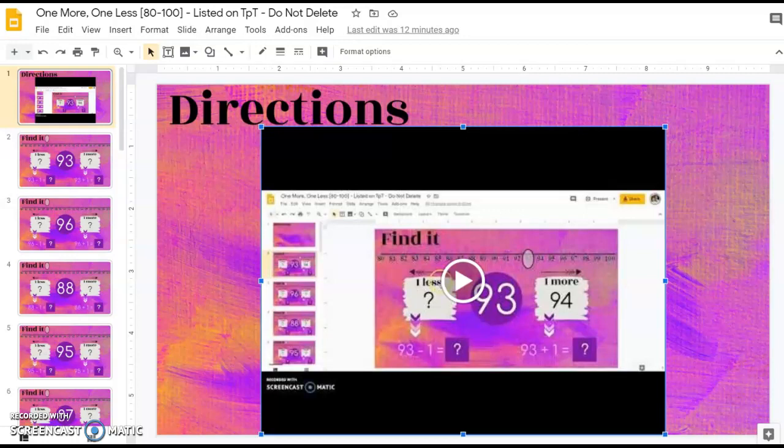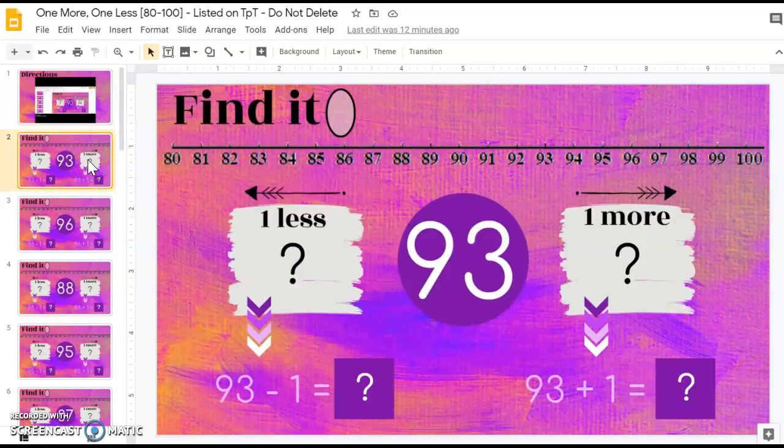This is the teacher preview for the Google Slides product One More, One Less, and we're working with the numbers 80 through 100. For all of my Google Slides, I do make a direction video for the students, and they'll have to click play, and then they can see me manipulating my screen and showing them exactly what they need to do. So in this resource, there are 20 practice slides, and it works with all of the numbers 80